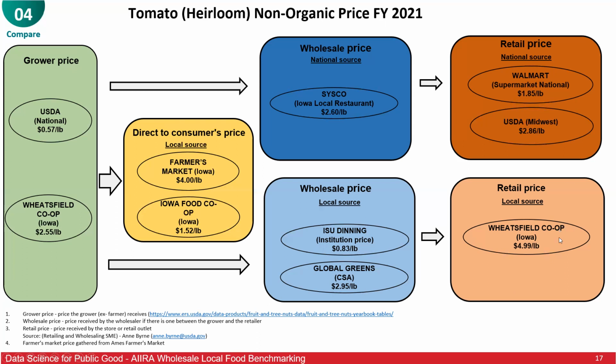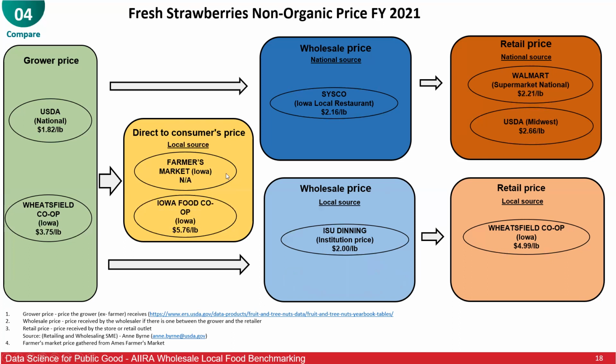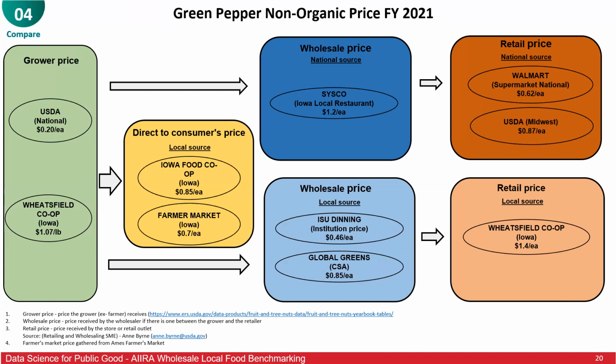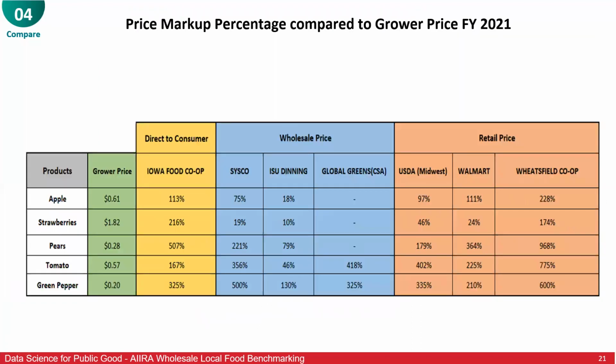The interesting thing here to see is that the grower price for tomatoes is really small, but the retail price is really high. And the one with the highest markup is actually the farmer's market. We have one probable explanation for this: when you go to a farmer's market, you're expecting the freshest products, since they don't have to go through the packaging and the transportation. And also farmers follow best practices methods like integrated pest management. Going through these diagrams, what we really want to highlight is the disparity between prices and how much they fluctuate.